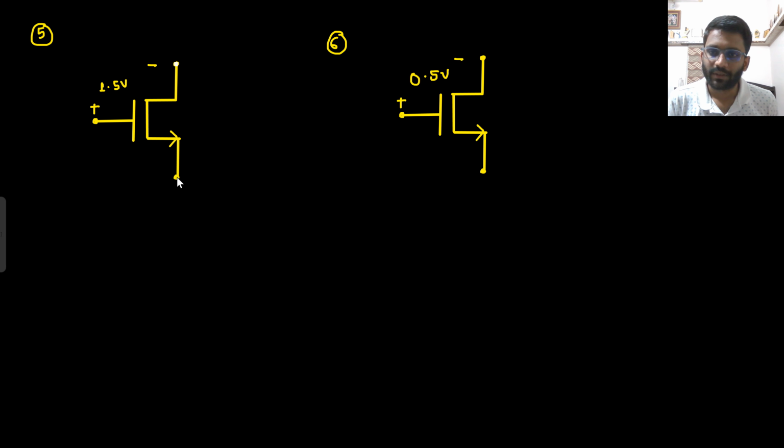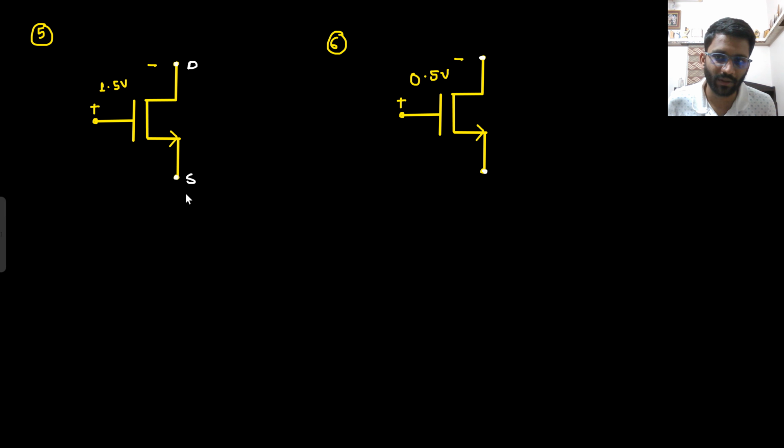Now this question. Here you don't have the potential of anything. You don't know the potential of drain, you don't know the potential of source. What will be drain, what will be source? Here you have to assume. If there is no potential given, you have to consider that this will be drain and this will be source,